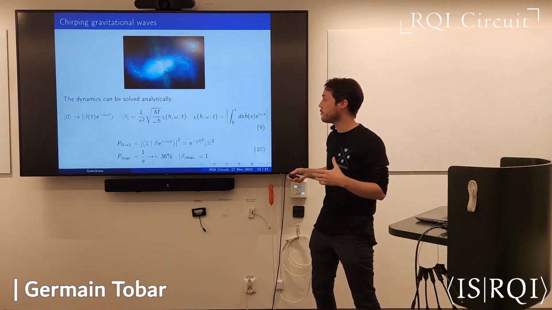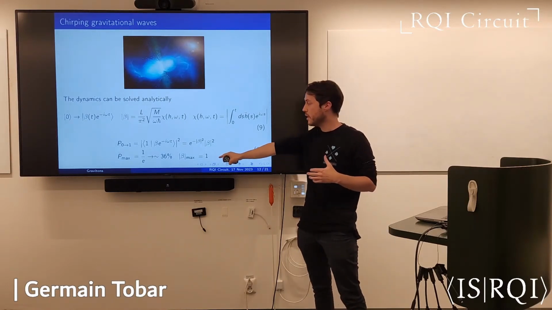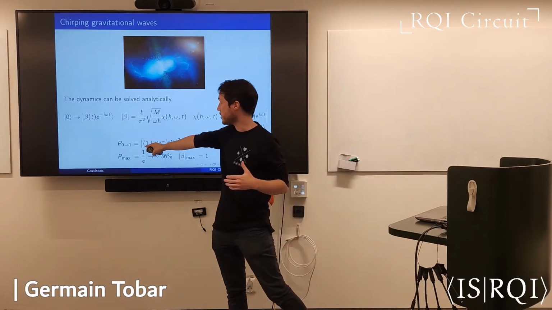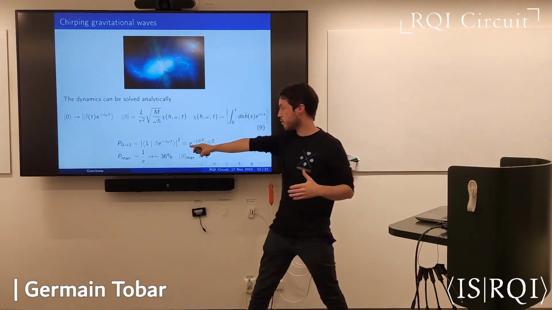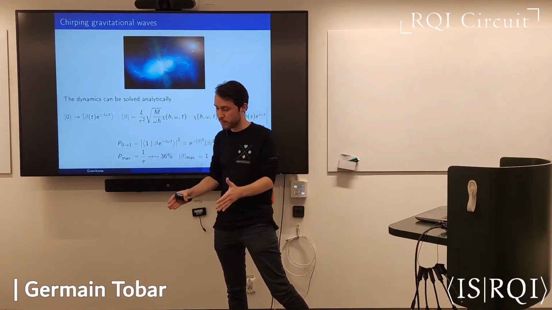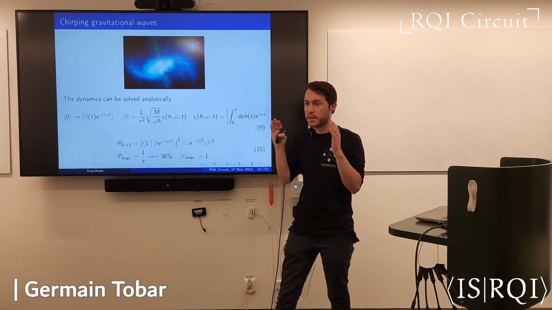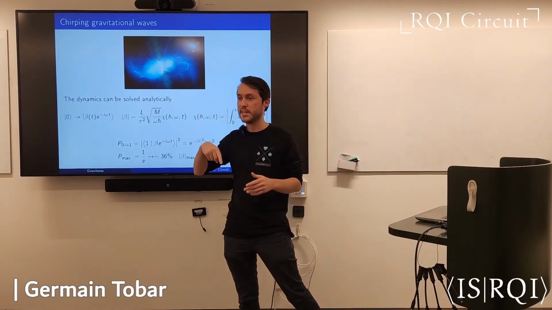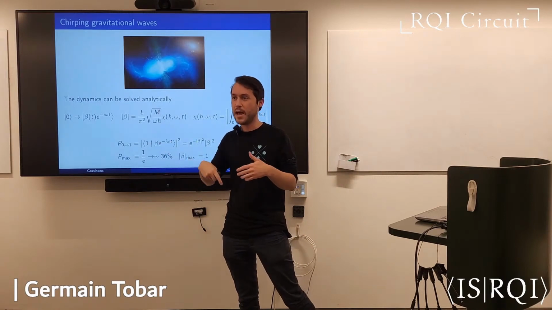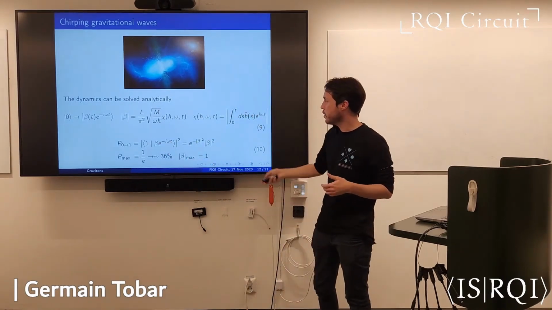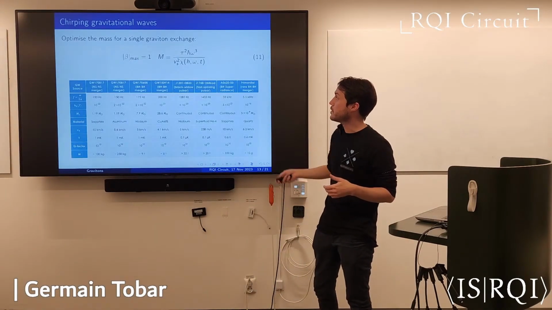But we really want to isolate this, the probability to measure the n equals 1 Fock state. Because if you measure that process, you can say you've measured that the resonator transitioned to the n equals 1 Fock state. That means you've measured a process where a single graviton was exchanged between the gravitational wave and the quantum matter system. So calculating the parameters that would be needed,